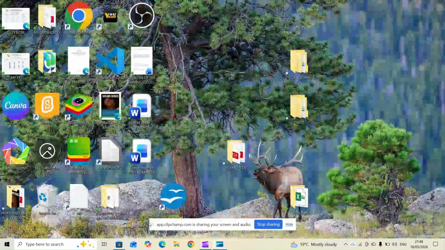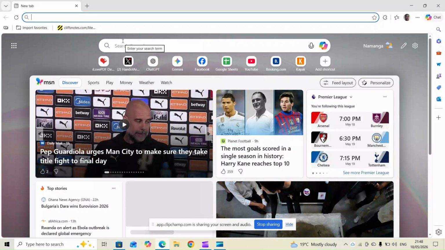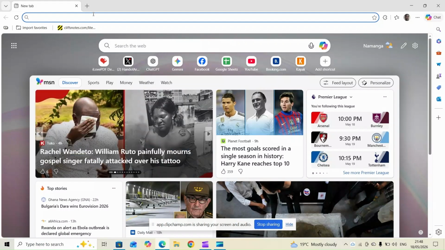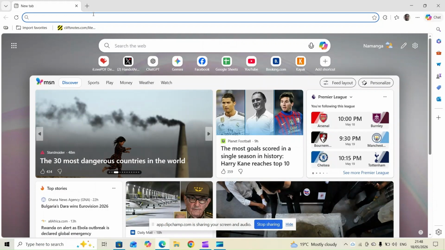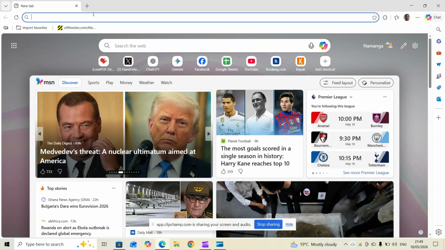another word processing tool. This time, we are going for Google Docs. So for us to be able to access Google Docs, you can access it using a browser. For this case, I'm using Microsoft Edge. So on Microsoft Edge, just go to the search bar and type